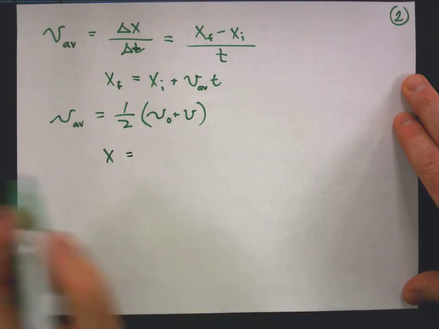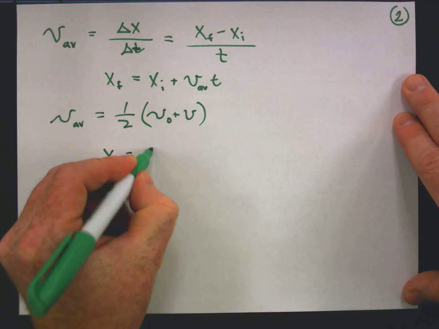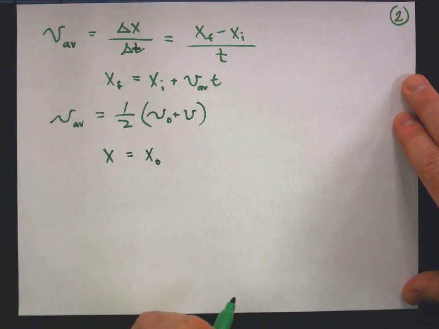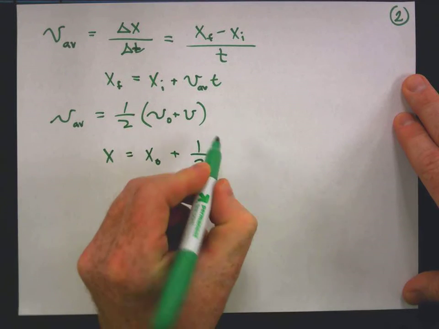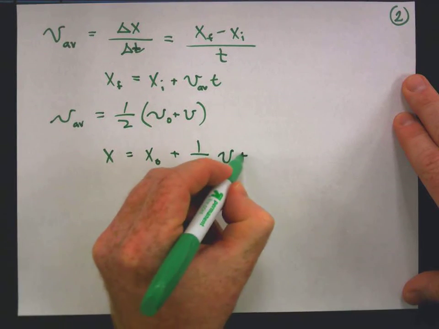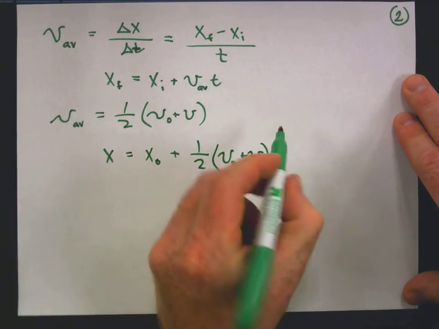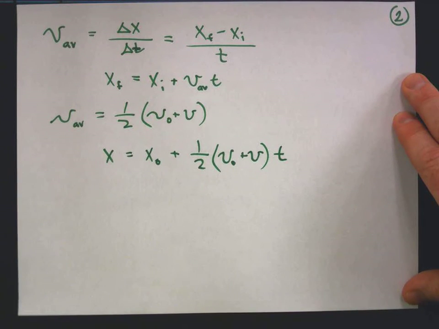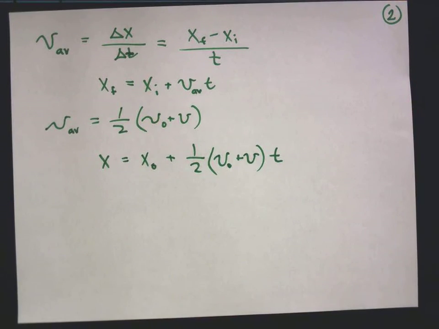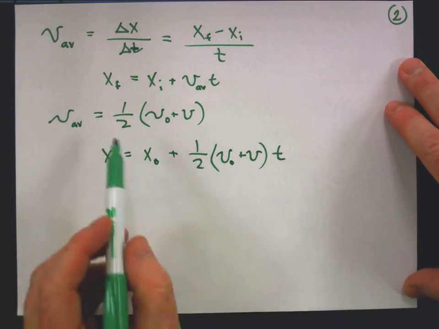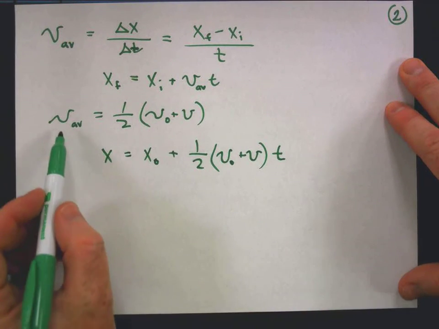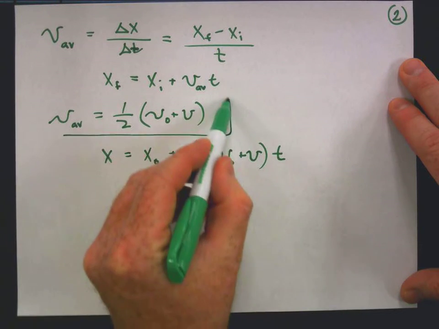So your position at any moment in time has to take into account your initial position, but also your average velocity multiplied by the time interval. Okay, so there's two things going on that you really want to be aware of. The first is understanding this basic thing about average velocity,